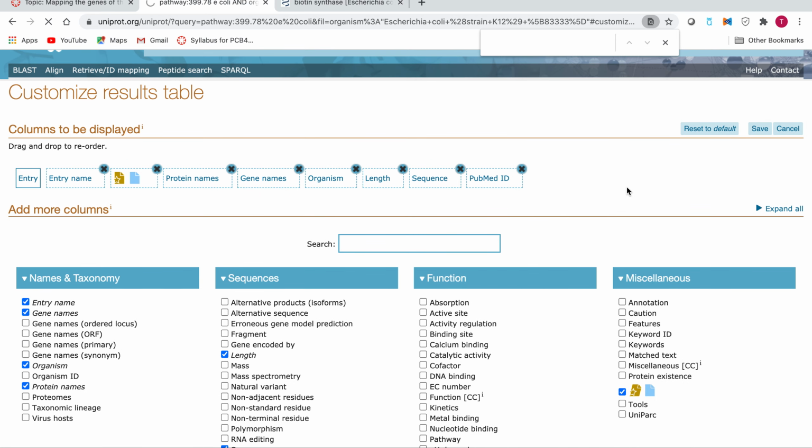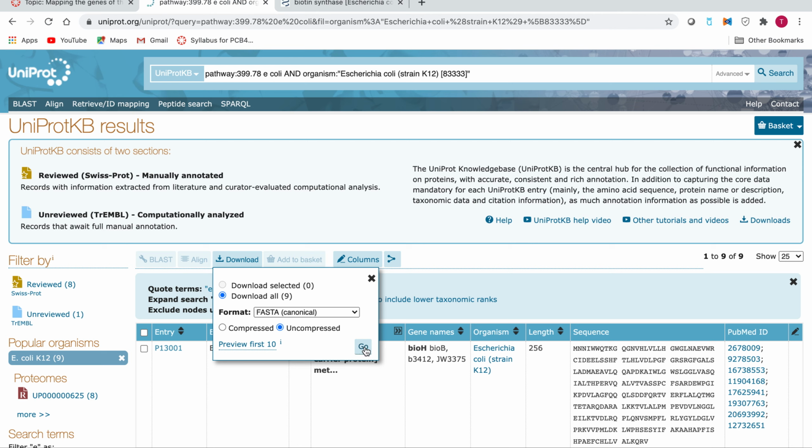Save. Okay, and so then you can hit download, and you can do the FASTA, and you can do uncompressed, and you hit go,